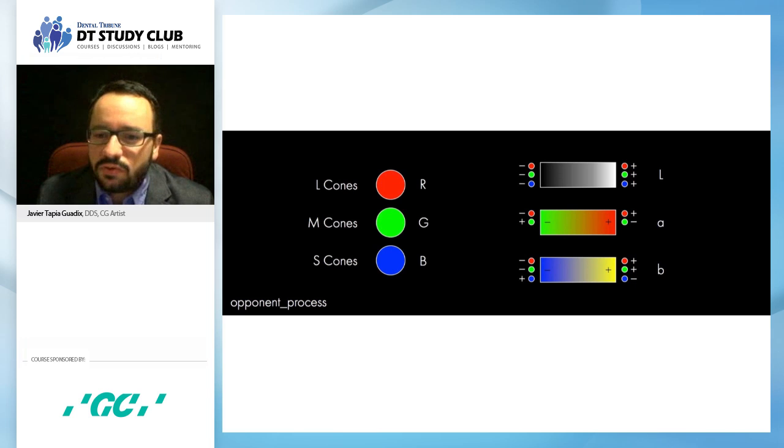We cannot mix red and green. We cannot mix blue and yellow. You cannot see a different color that is the result of mixing these two in your brain. It's not possible to mix them. So this is why it's called the opponent process. And of course, LAB values